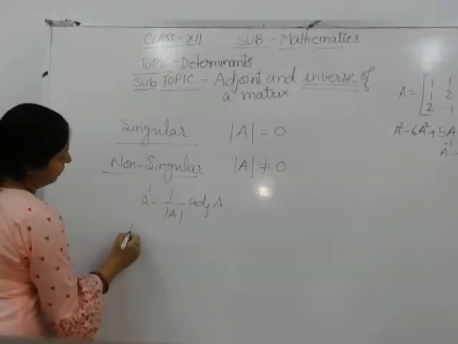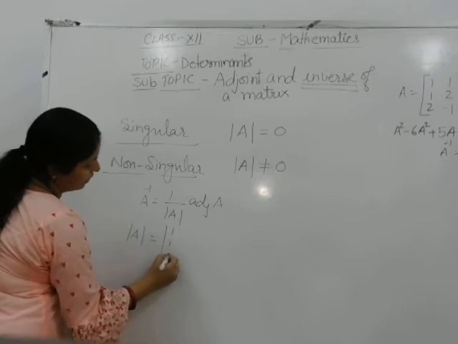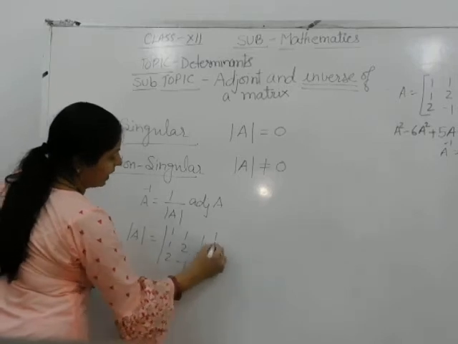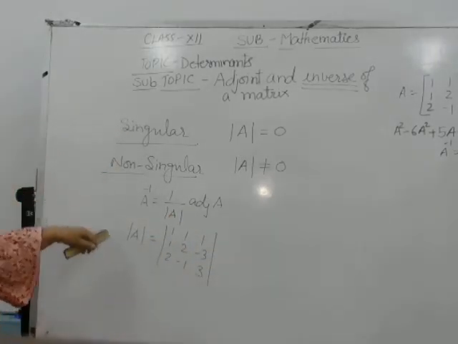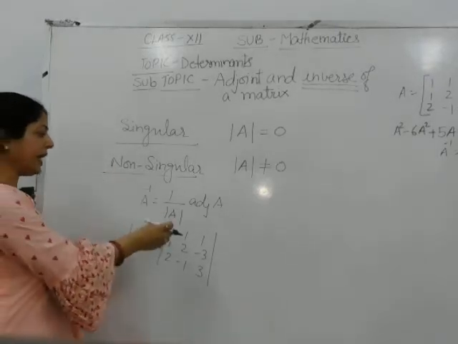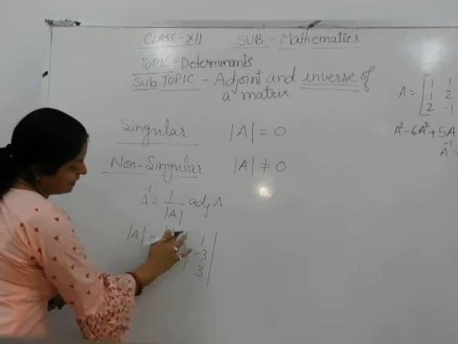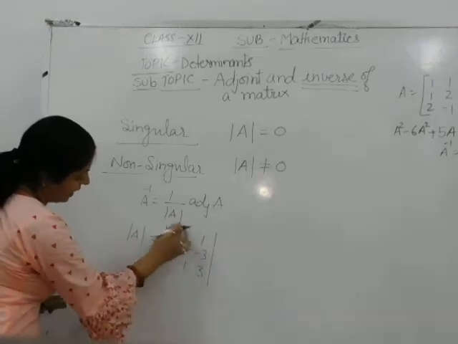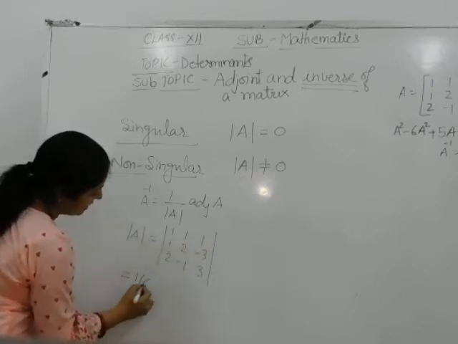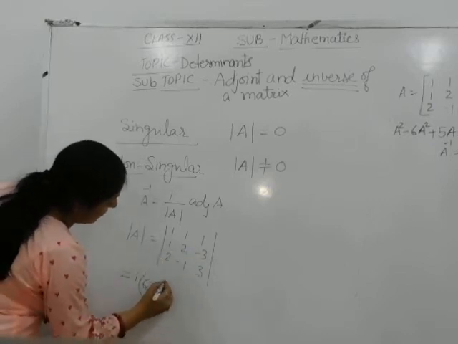So for getting this, we have to know about the determinant of A. Determinant of A means this is the determinant form: 1, minus 3, 3. Now find the value of determinant A. We can expand about any row or any column. In this case, we are expanding about the first row. So first row and first column, 1; deleting this and this, we are having 6, and minus 3 into minus 1 means plus 1, and in between minus sign, so it is 6 minus 3.